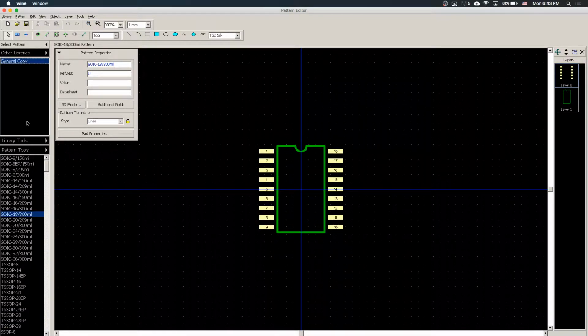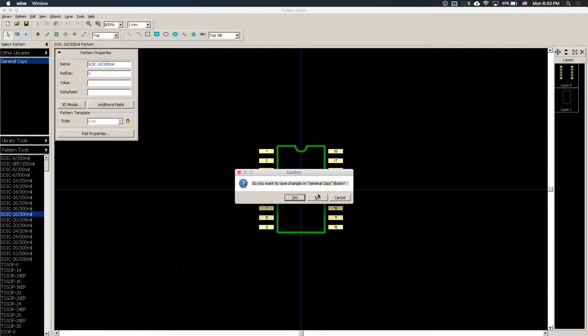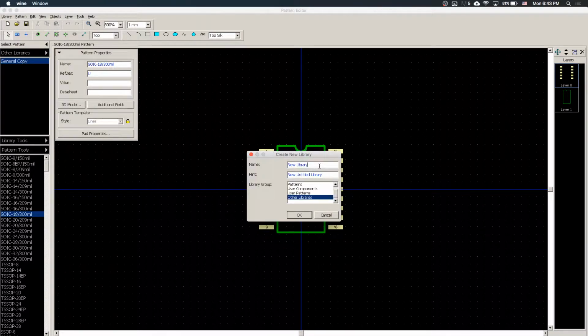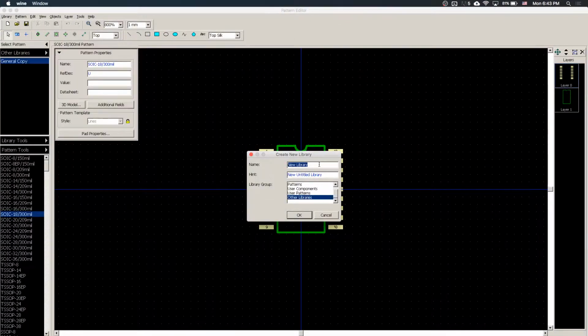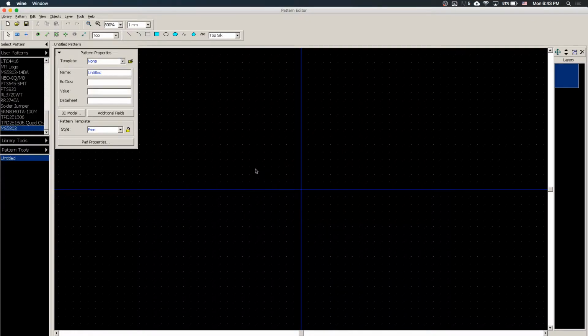So the first step is to create a new library. I'm just going to do this. The name of the library will be MS5803. I'm just going to copy paste that. And choose to save it onto the user library, which is where you store your own stuff. Okay, I'm going to click OK, and now that is created,